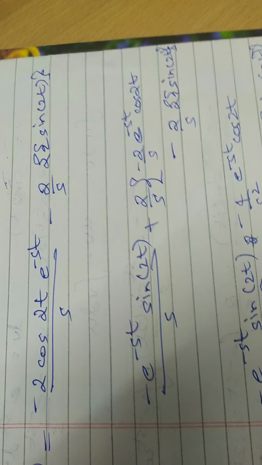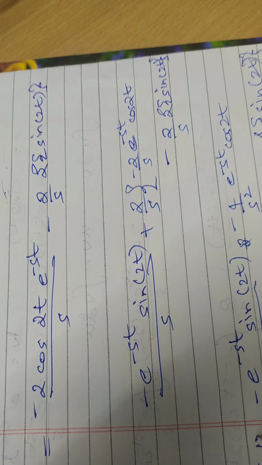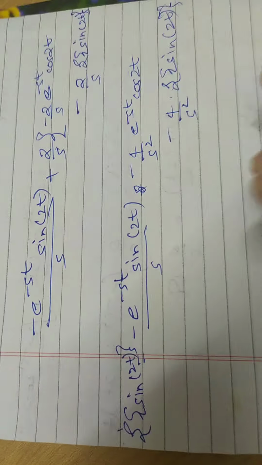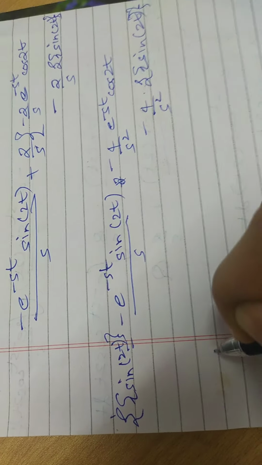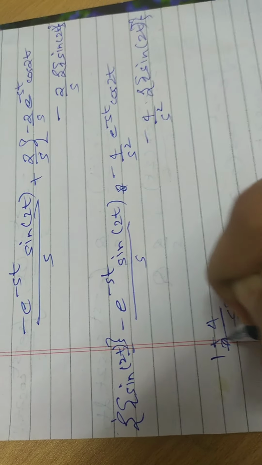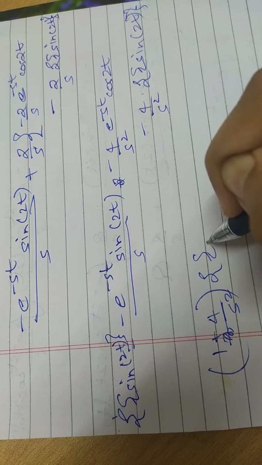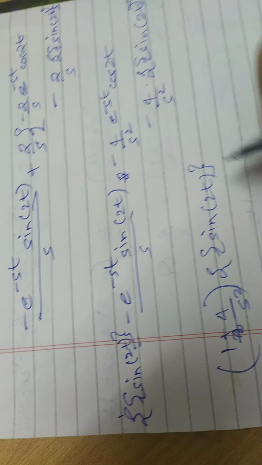And this is equal to the Laplace transform of sine of 2t. So we take this term to this side, and we get 1 plus 4 by s square times the Laplace transform of sine of 2t is equal to